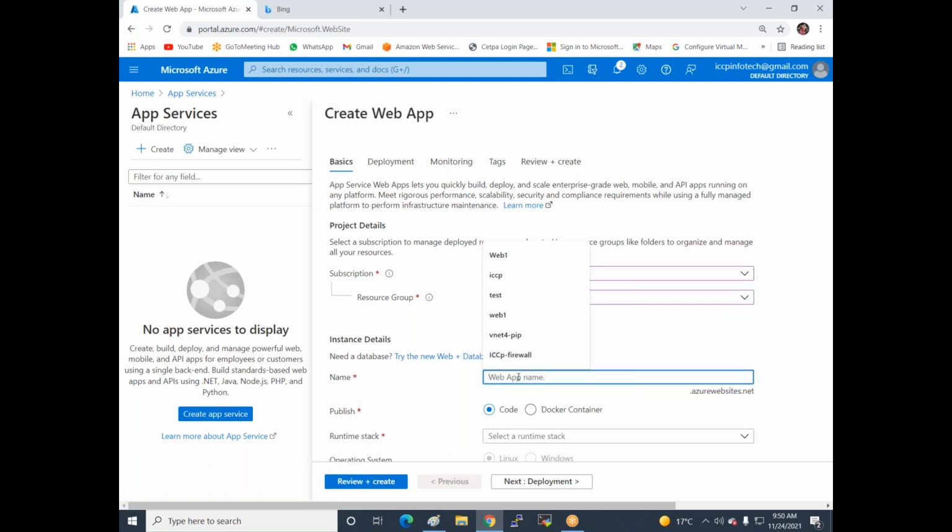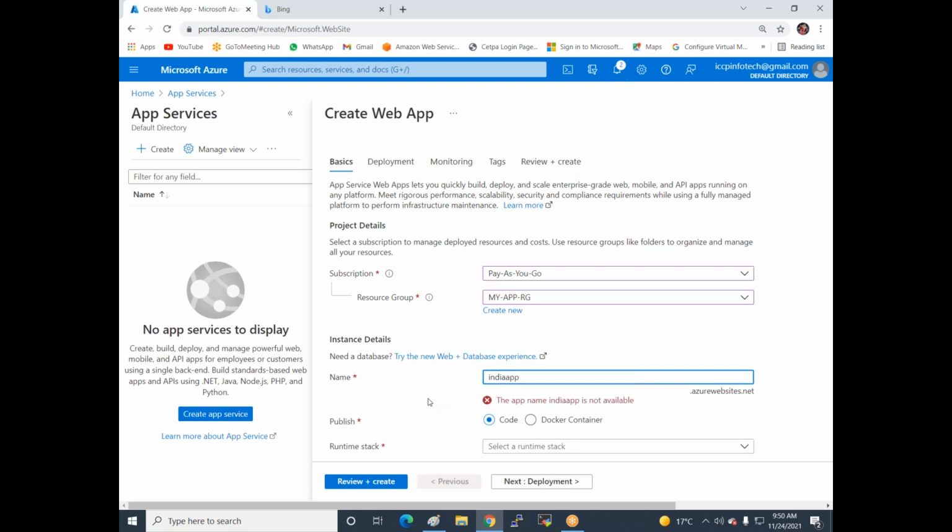I give the name India app. The app name India app is not available. So now I give the name Delhi app.